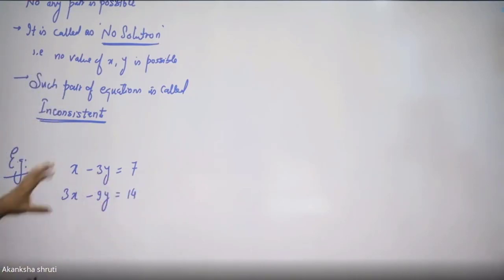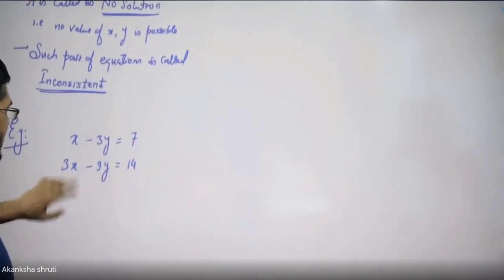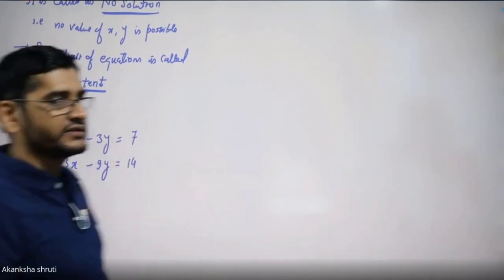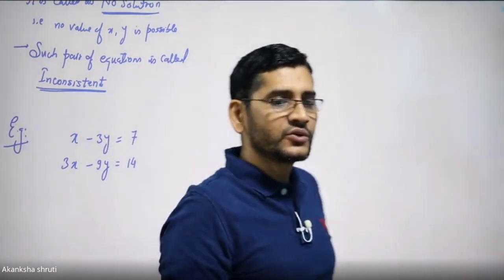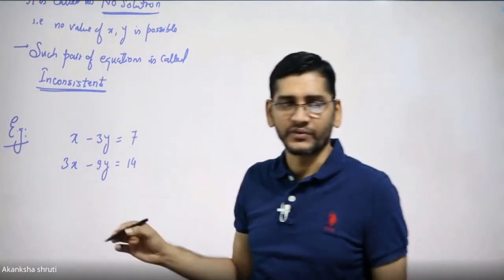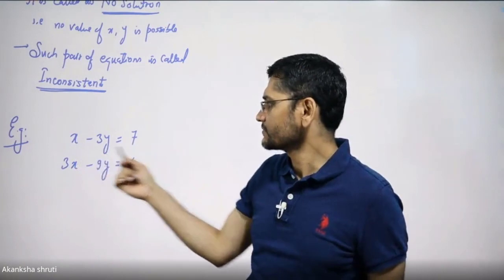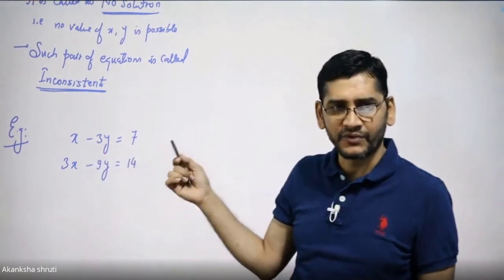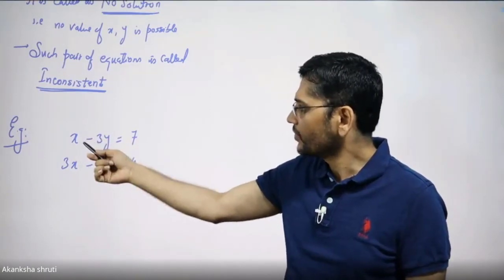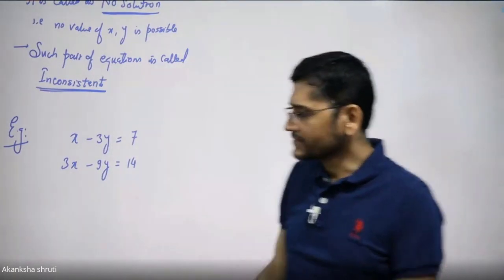These are the two equations, which means it is a pair of equations, and we have to find the value of x and y which satisfies both equations. In this case, you will find that you cannot get any value of x and y which satisfies both equations. Though you may get particular values of x and y which satisfy only one at a time, a solution means the pair which satisfies both the first and second equation. So how to get that?